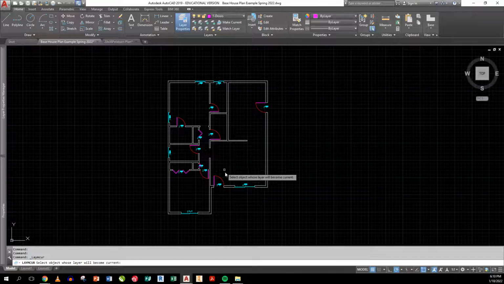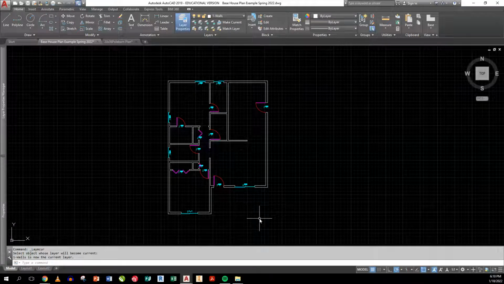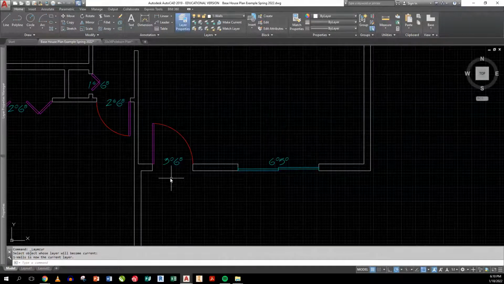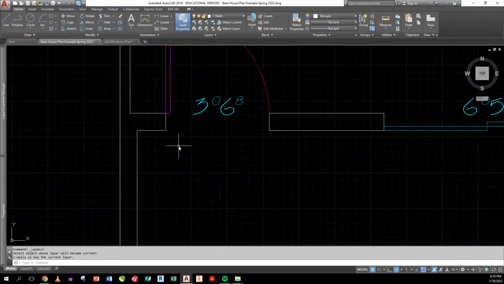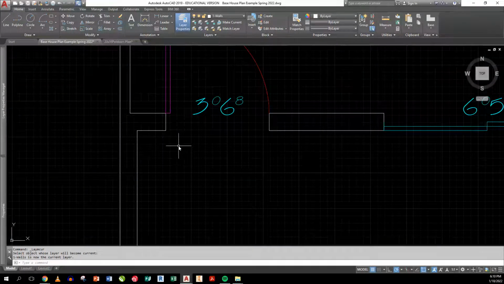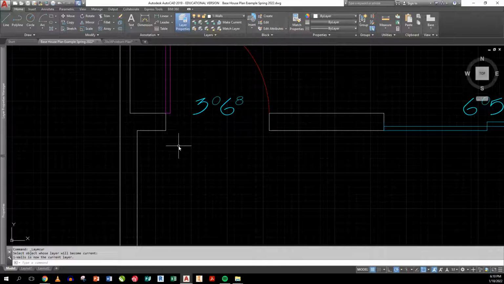So I'm going to make my wall layer current. I'm literally going to click on make current and click on a wall, and that way it changes my layer to be my wall layer. Normally I do an actual 6-inch drop stoop on my floor plans to the porch and things. Now you'll understand when we get to elevations what I mean by some of this,